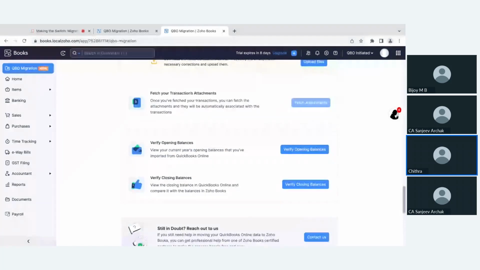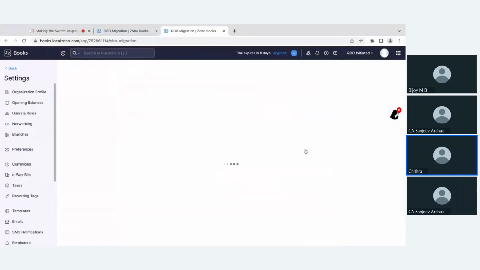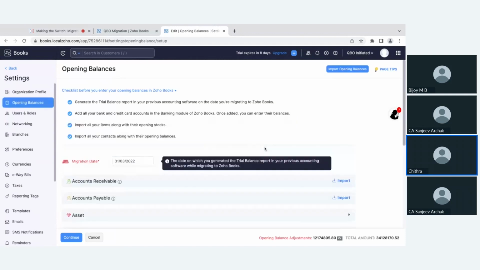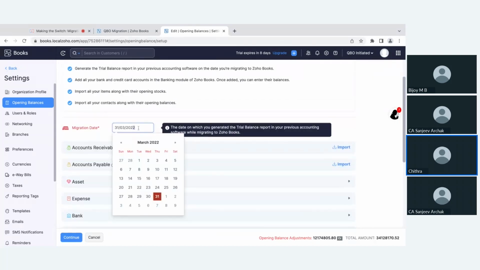Once all this process, including the masters and transactions, have been successfully fetched, the two final steps are to verify your balances. So first, you can verify your opening balance. Let us say you're fetching your transactions. When you fetch your transactions, you can enter the date from which you'll be fetching it. So let us say you're going to fetch your transactions from 1st of April 2022. When you fetch the opening balances, you need to mention the date prior to your fetch transaction date. So as I said, if the fetch transaction date is mentioned as 1/4/2022, you can enter the opening balances date here